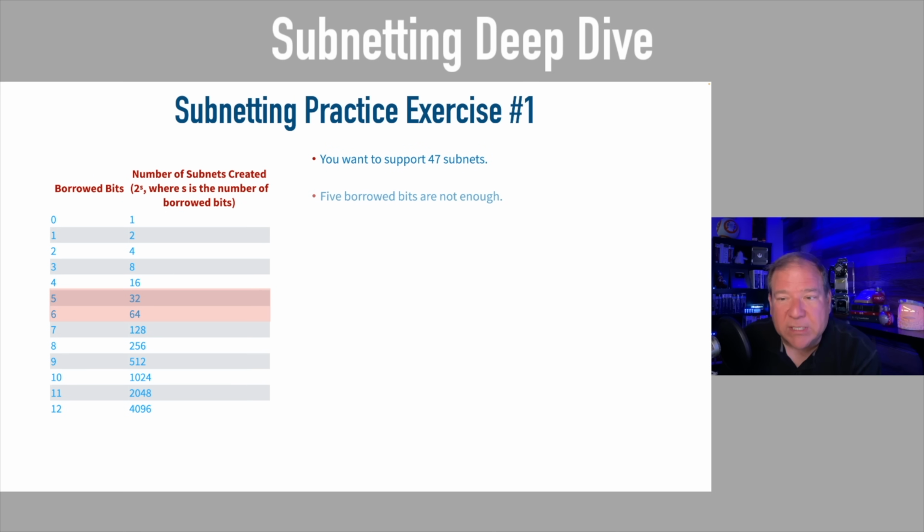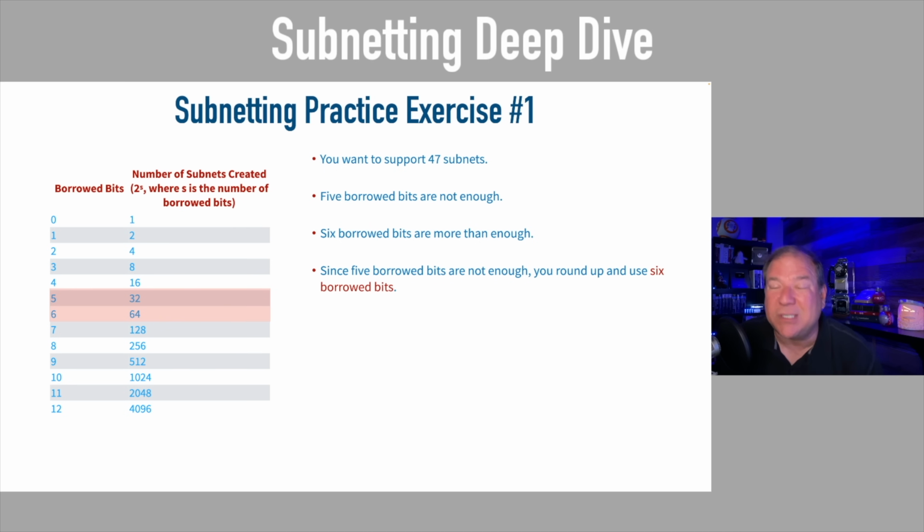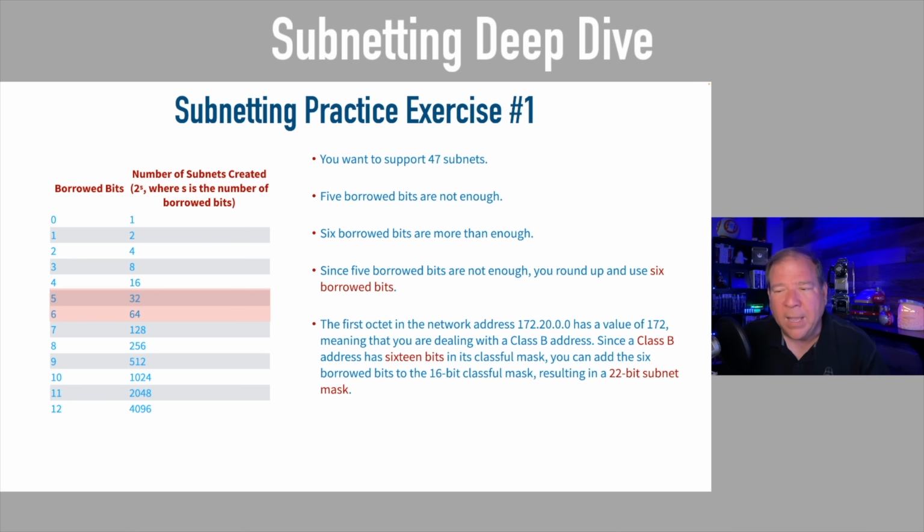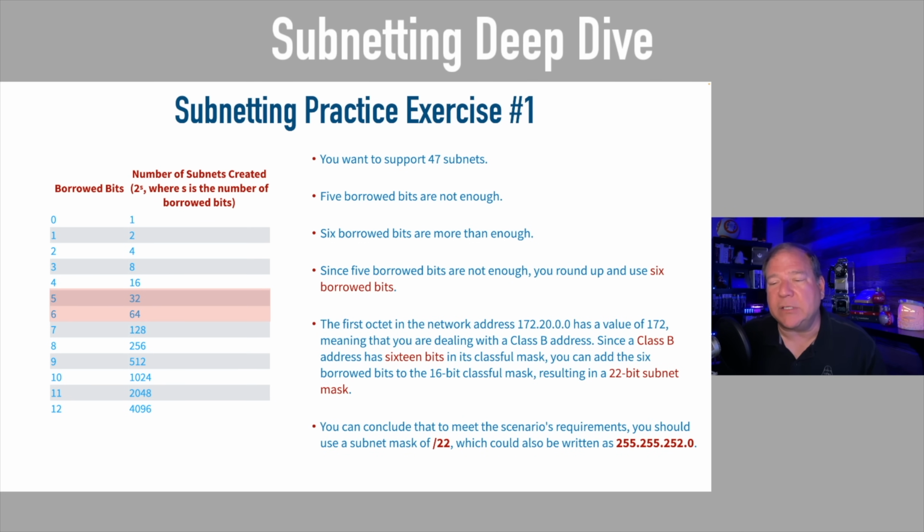So we say, I need 47 subnets, 5 borrowed bits is not quite enough, 6 borrowed bits is a little more than enough, but I have to go with 6 because that's still the minimum number of bits that will give me my result. With 6 borrowed bits, I'm dealing with a class B network because the first octet is 172, and a class B network by default has 16 bits in its subnet mask. If I add 6 bits onto 16, that gives me a /22. So the answer is I would apply a /22 subnet mask, which in dotted decimal would be